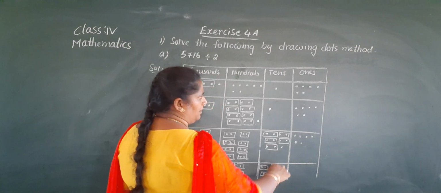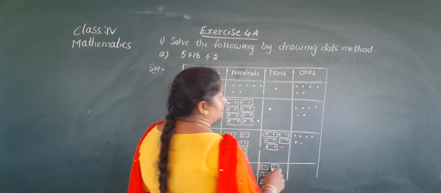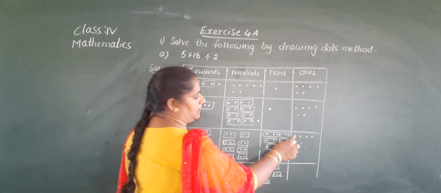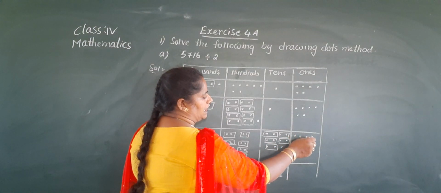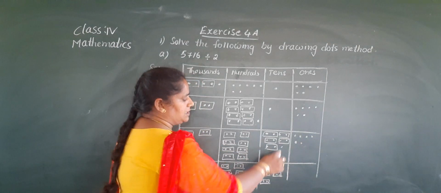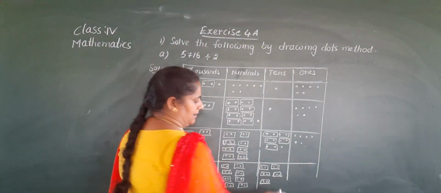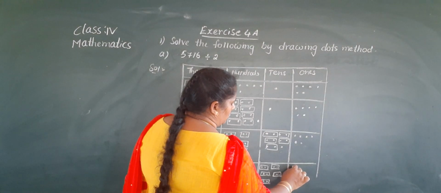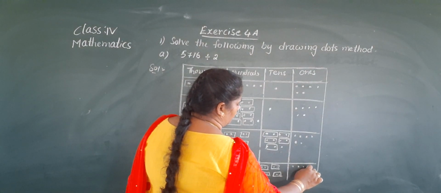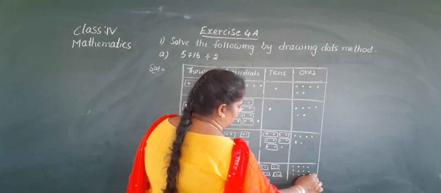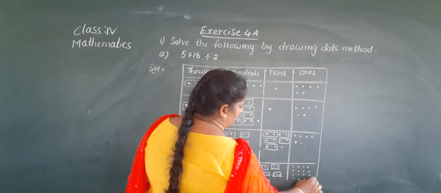And this 1 dot, we convert this into the ones. So 10 tens equal to 10 ones. Already here how many ones? 1, 2, 3, 4, 5, 6 ones. So if you take this 10, then it becomes 10 plus 6, 16. Yes, write down 16 dots. 1, 2, 3, 4, 5, 6, 7, 8, 9, 10, 11, 12, 13, 14, 15, 16.